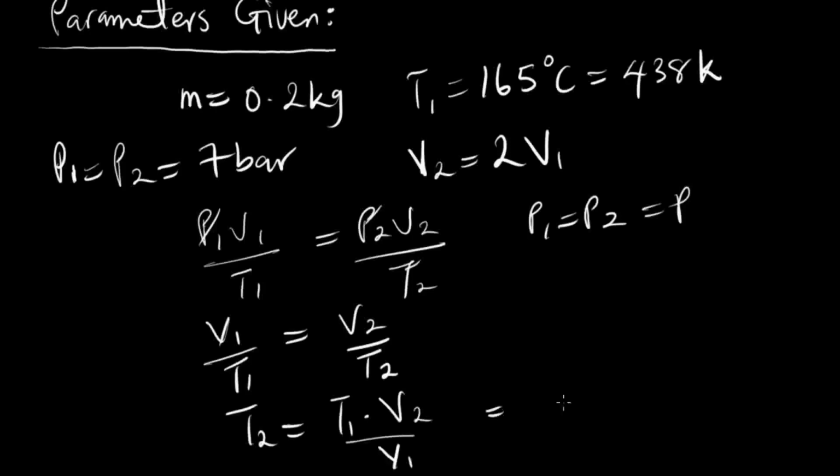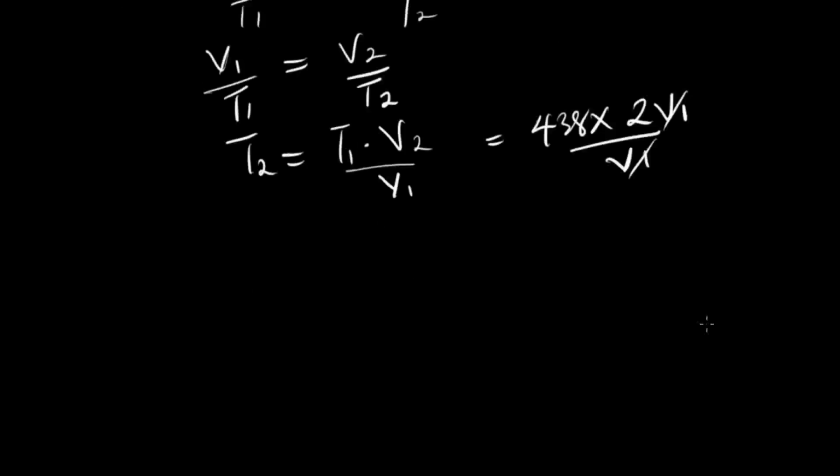So we have our T1 as 438 times, what is V2? V2 is 2V1 over V1. V1 cancels V1, we're left with 2 times 438 Kelvin, which is 876 Kelvin. Alright, so I haven't done this. We'll see. From the first law,